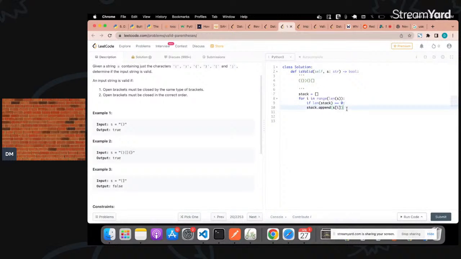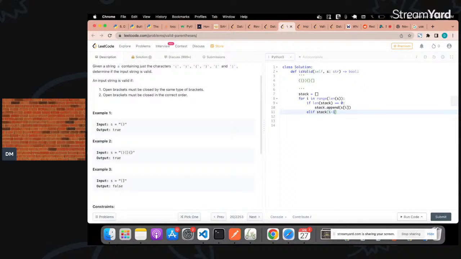So we simply push the element in. Otherwise, we check else if stack